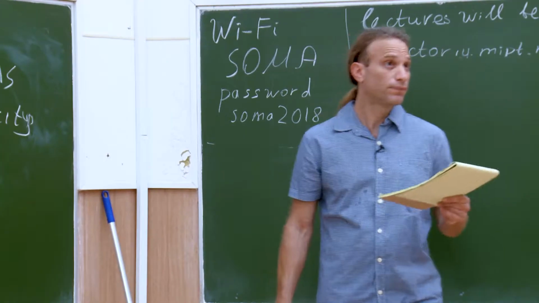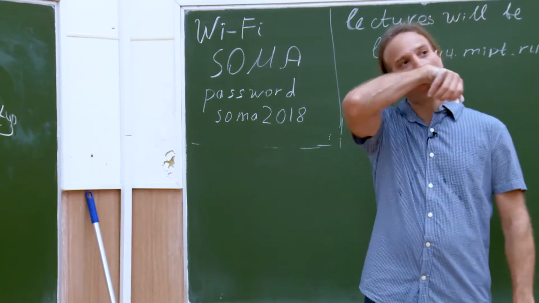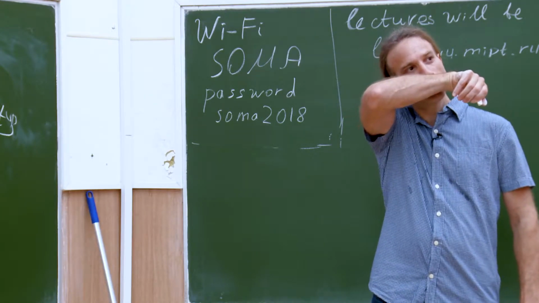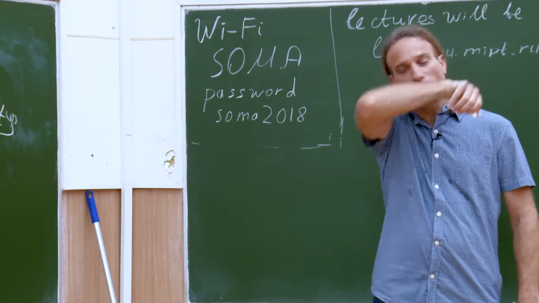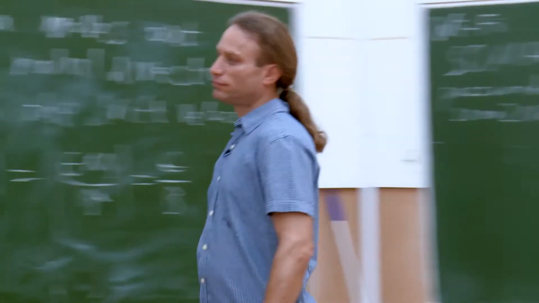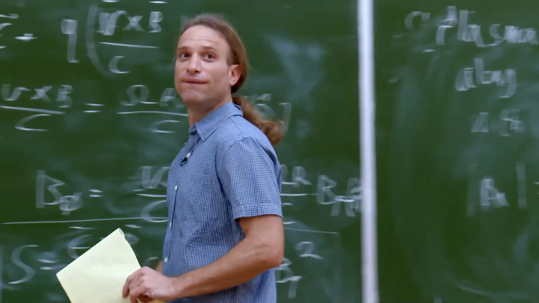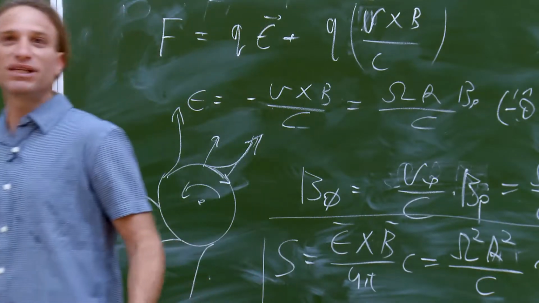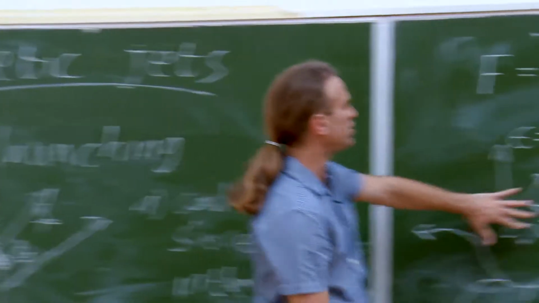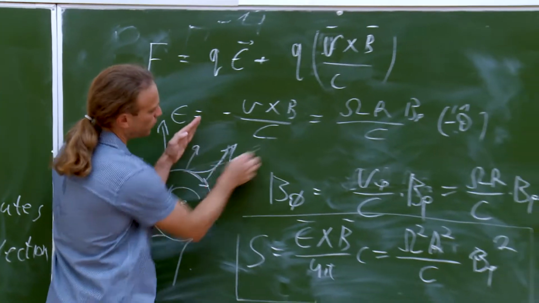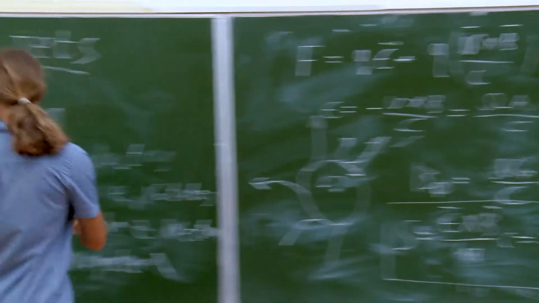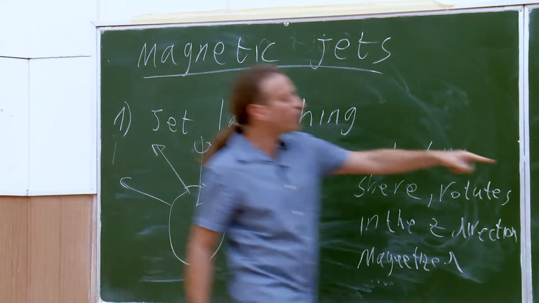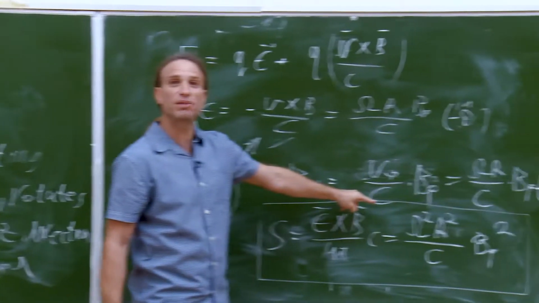Total B. Yes? I'm a bit confused. Why is B phi equal to V phi over c times Bp? And also, shouldn't Bp be poloidal? Yeah. So Bp is not exactly in the radial direction now, because I'm twisting it. So what I have is that Bp is pointing somewhere toward here. Okay? But when I'm looking at it from the side, this is Bp. Why is B phi equal to V phi divided by c?